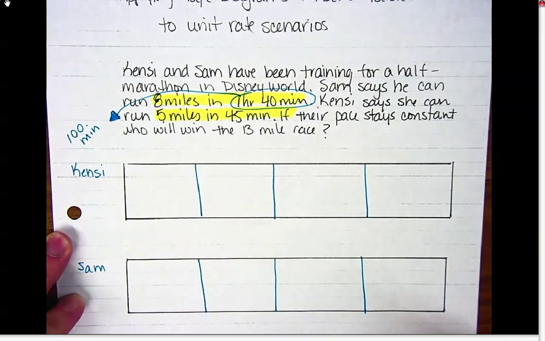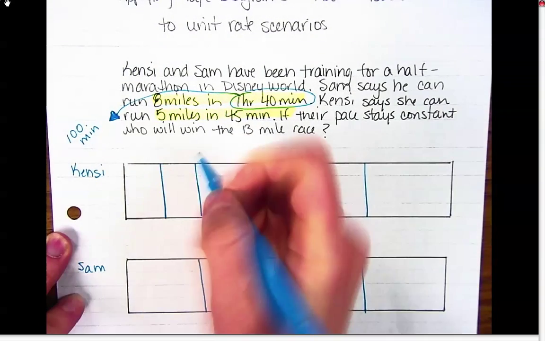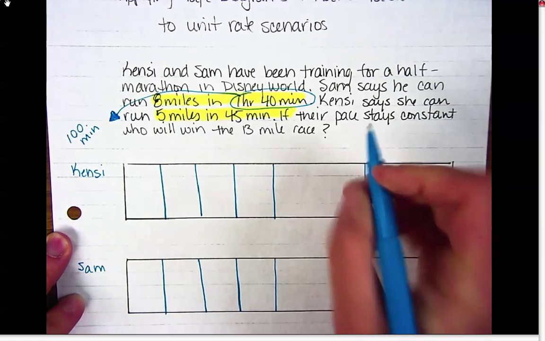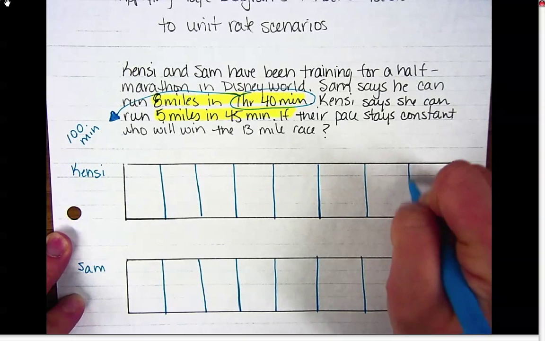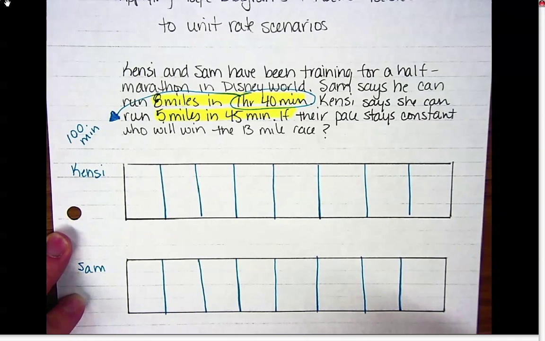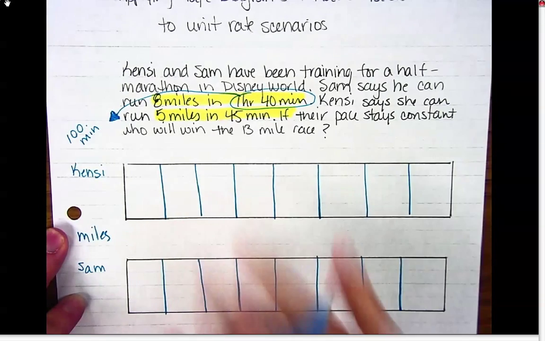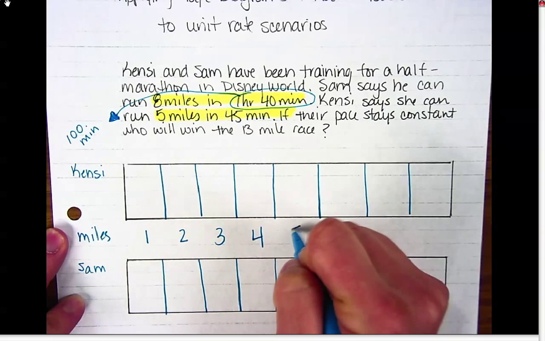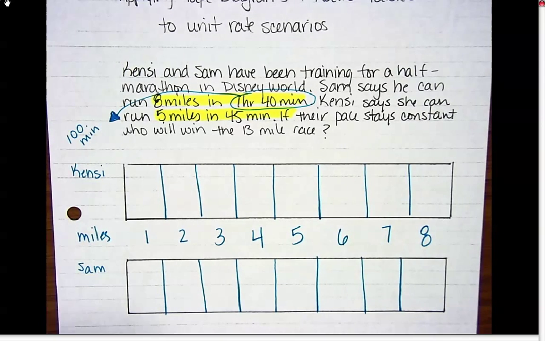All right, and now I'm going to take my fourths and cut all of those in half. And that gives me my 8 parts. I'm trying to line things up as best I can. A tape diagram is really just another representation. So now I'm going to put my miles between the two. So this is mile 1, 2, 3, 4, 5, 6, 7, and 8. Okay, so now